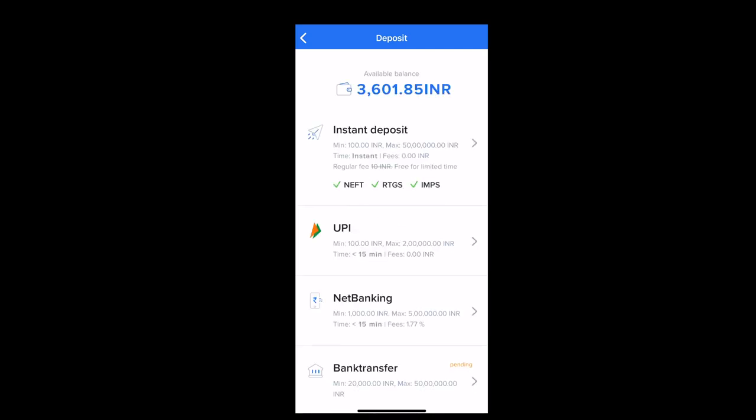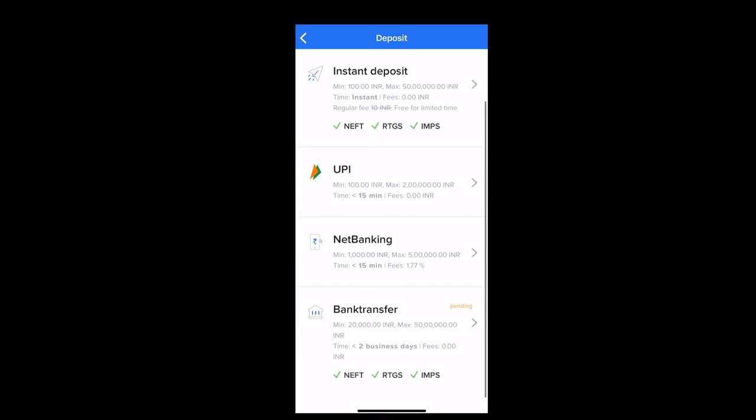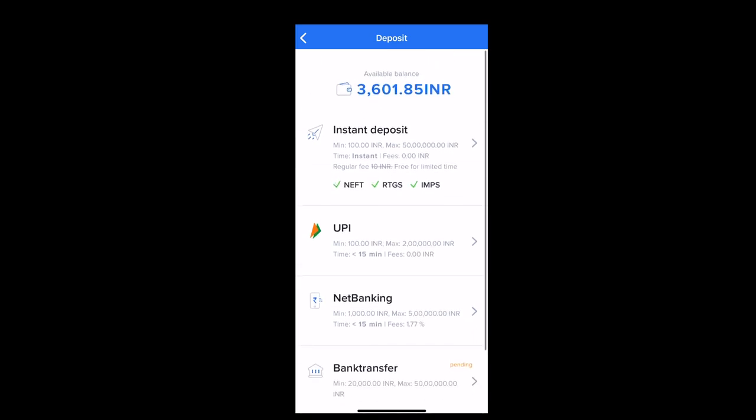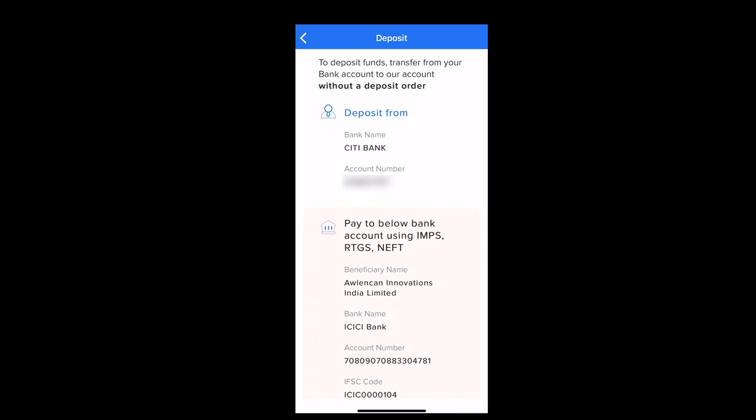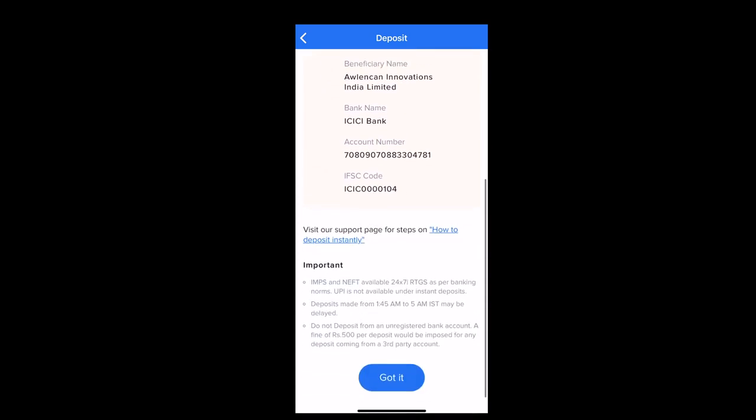So here it's telling me that these are the options to send money to ZepPay. There's instant deposit, UPI, net banking, and bank transfer. Bank transfer is pending, and so I've clicked on instant deposit. So when I click that, it gives you a deposit from. So it shows me my bank account which has been verified, and I can only use that bank account, and